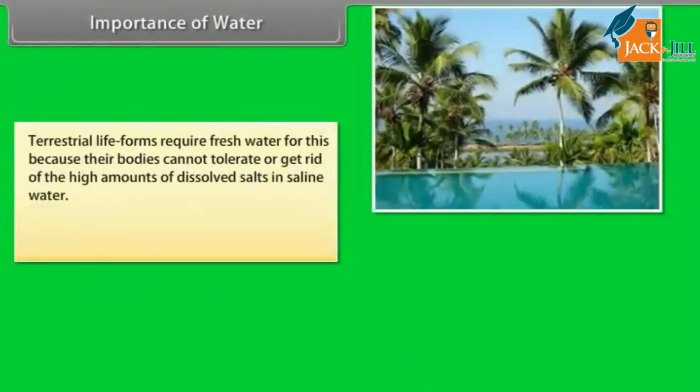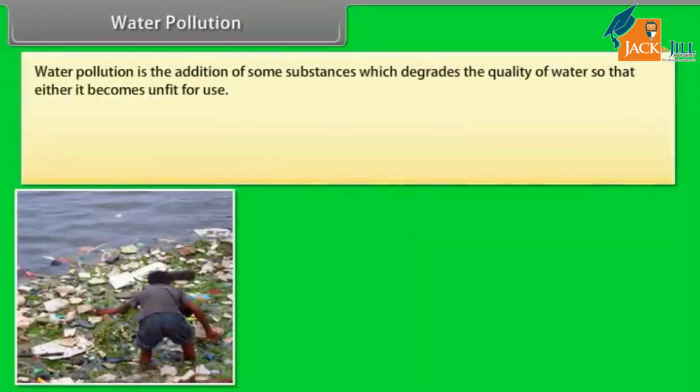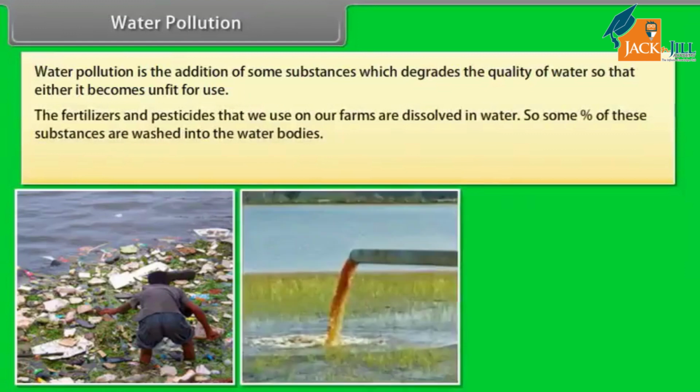Terrestrial life forms require fresh water for this because their bodies cannot tolerate or get rid of high amounts of dissolved salts in saline water. Thus, water sources need to be easily accessible for animals and plants to survive on land. Water pollution. Water pollution is the addition of some substances which degrades the quality of water so that it becomes unfit for use. The fertilizers and pesticides that we use on our farms are dissolved in water, so some